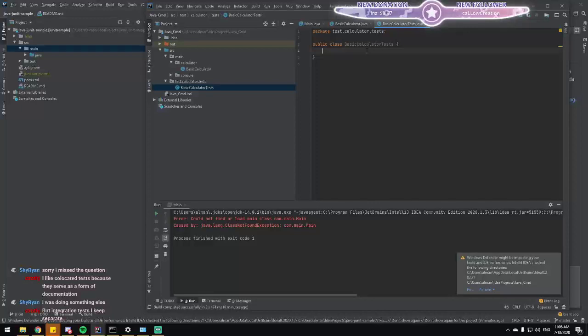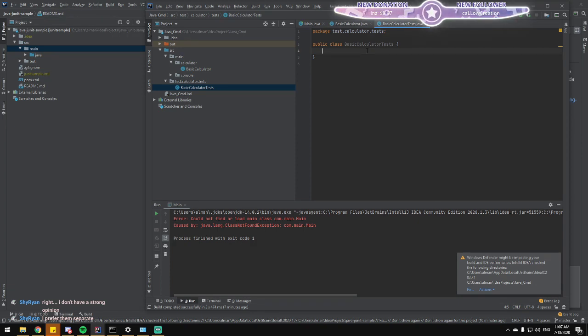Yeah, they do serve as a form of documentation in that regard, I agree. Especially if tests are well written. But I also have a counter argument: as bullshit as it sounds, tests are optional and not a part of your code. So why should you couple your source code with test code? Why should you care about how tests are written when looking at source code? Though practically you will be looking for tests when first looking at the class.